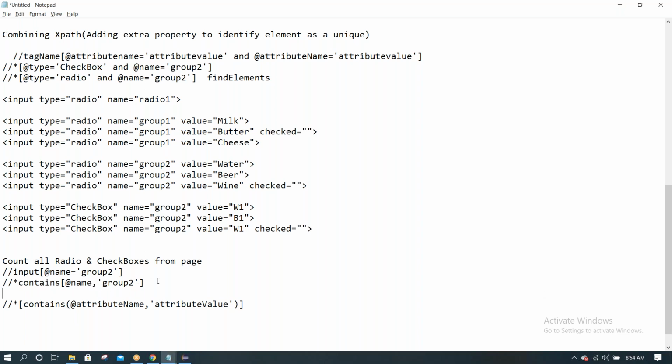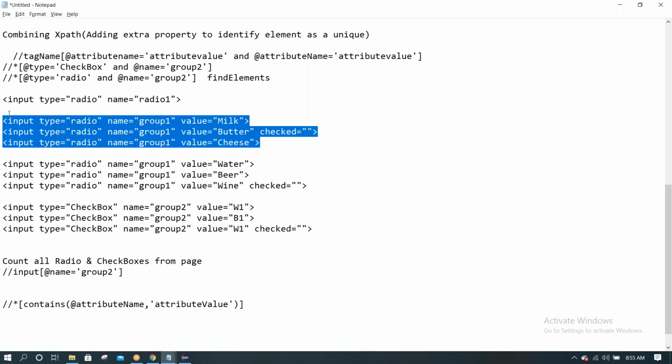But some syntax errors are there that can be modified. Let me give you a proper thing. Here, group 1. Consider this is not there for now.